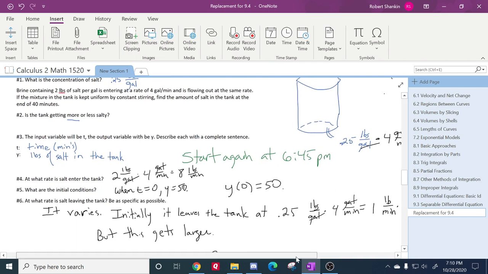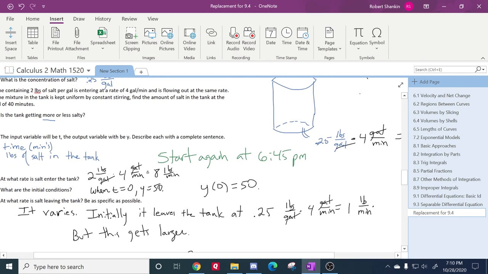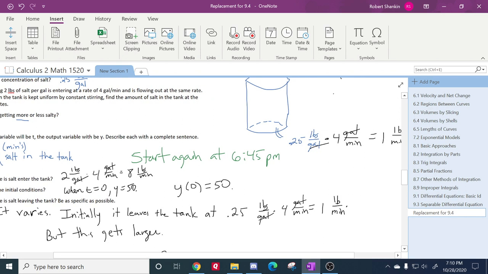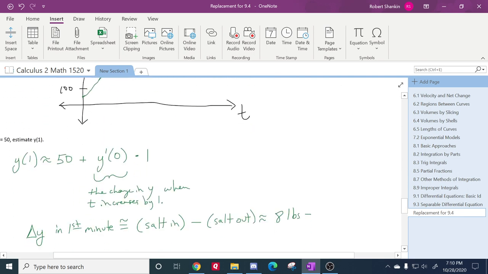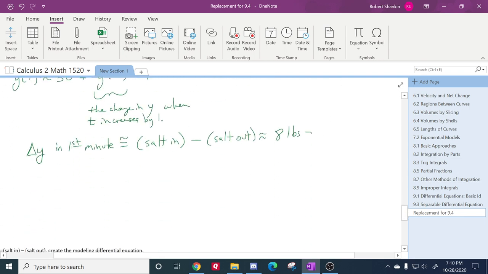Well, it was 1/4 of a pound per gallon times 4 gallons, which was 1 pound in that first minute. So it's 7 pounds. So, thus, y sub 1 is approximately 57 pounds